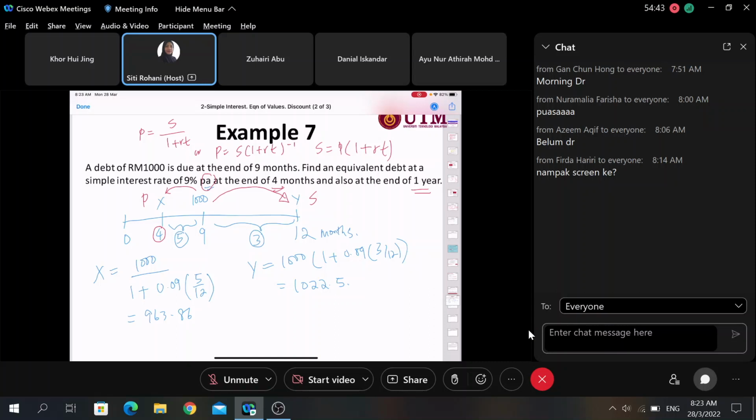Okay, class? So here we can conclude when you are moving this 1000 backward, this 1000 would be your FV or your S, and then you need to find your P or your PV for the date at the focal point backward. However, if your 1000 you bring it forward,